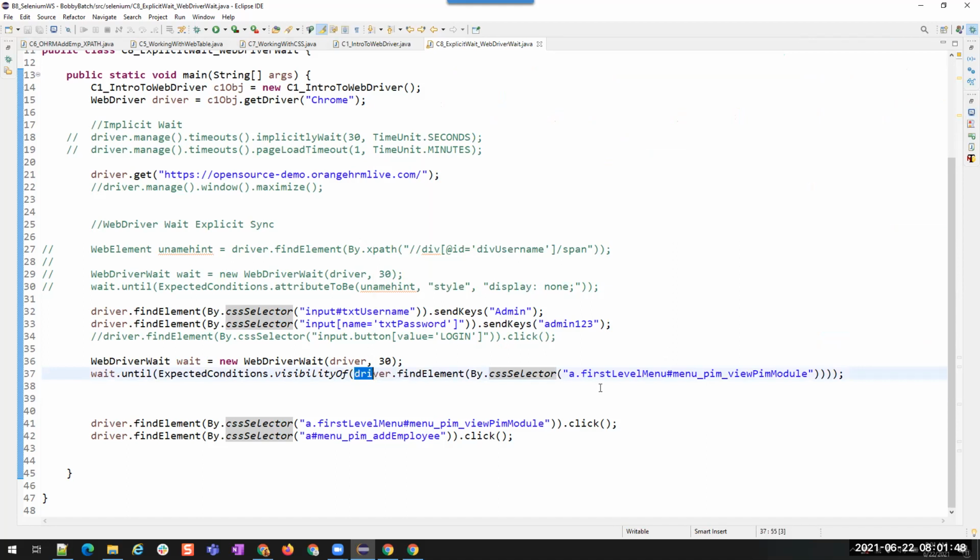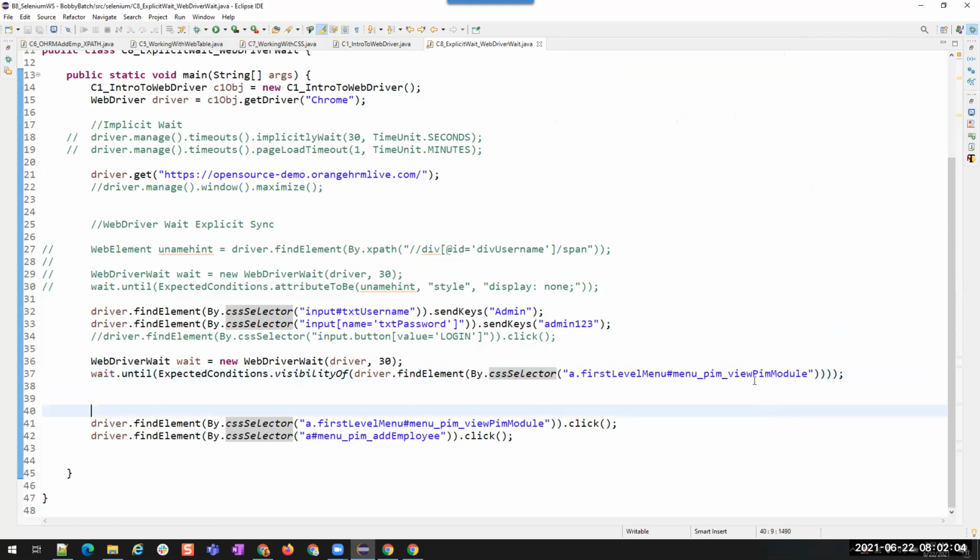Okay, we are asking to find this element here, so I understood why it is throwing this error.